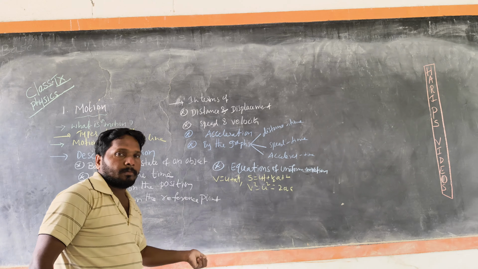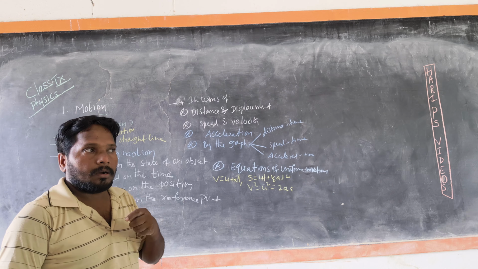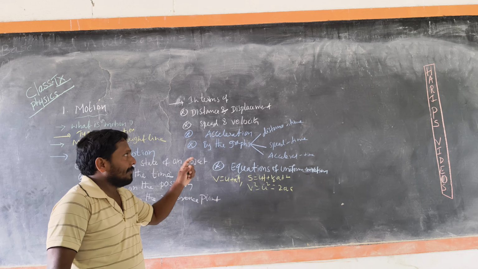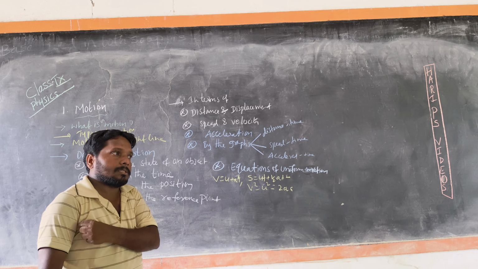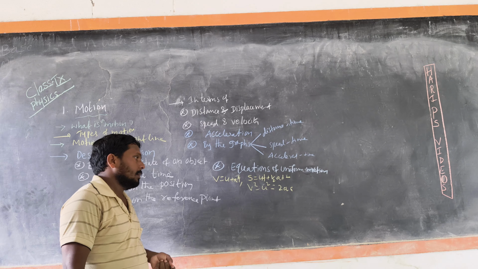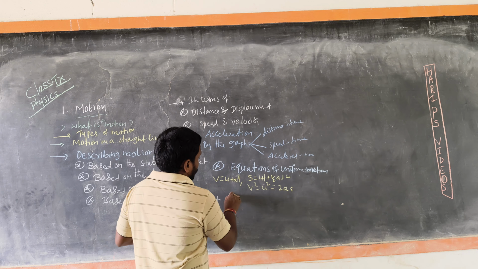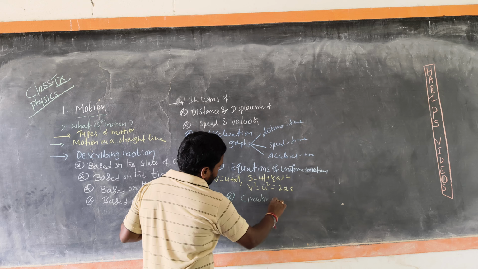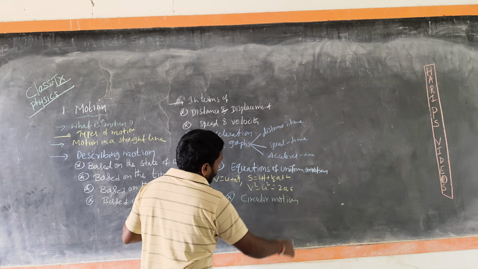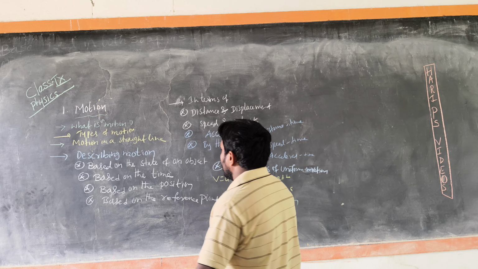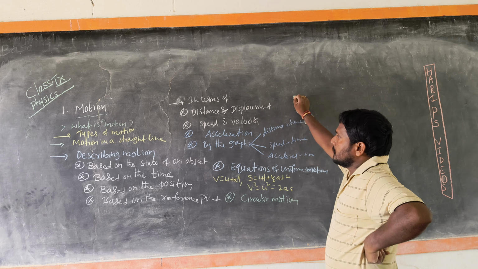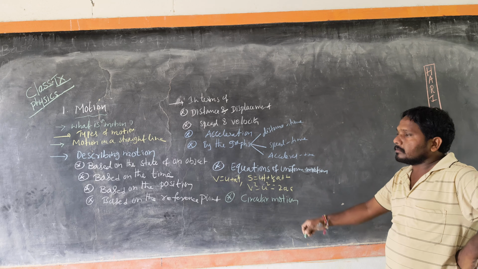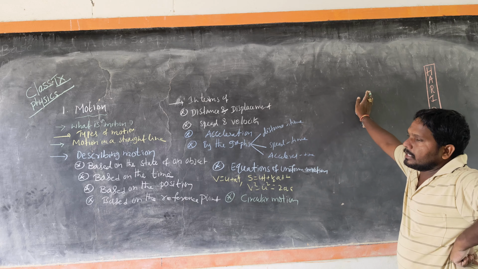We will discuss uniform motion, non-uniform motion, and average speed also. We discuss average speed, instantaneous speed, average velocity. So many things will be covered. Then we also discuss circular motion. So we have problems based on distance and displacement, speed and velocity, acceleration, graphs, equations, right? Mostly in this chapter,